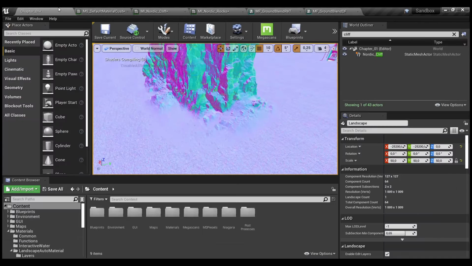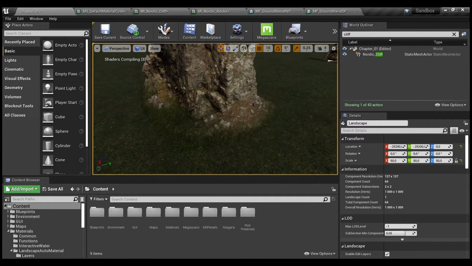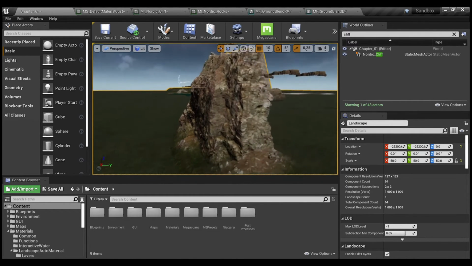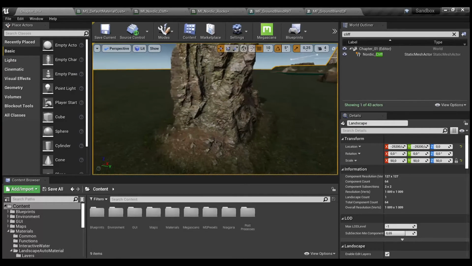One more thing I need to tell you. Make sure that the tiling of your prop and the tiling of your ground are nearly the same. Because if they won't be on the same texel density value, there will be a lot of artifacts. Also, make sure that you use high quality props for this particular type of blending,